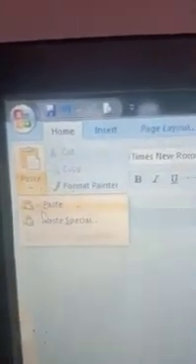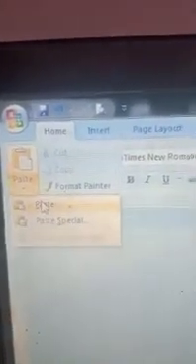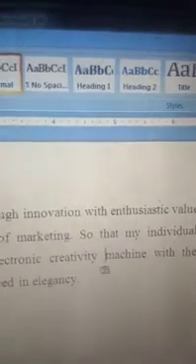If I want to place that word between the electronic machine, then I have to place the cursor here, and then you have to click on Paste. Then you can see that the word creativity came between electronic machine. This is known as cut paste, and from the original place the word is cut. There is no word there.